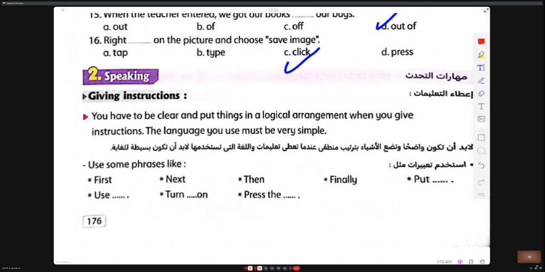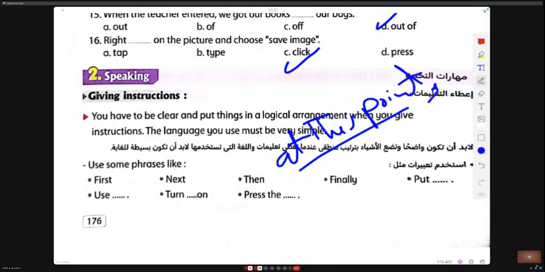You have to be clear and put things in a logical arrangement, chronological order. That means to give instructions: first, next, then, finally, or sometimes after that, at this point, comma, before finally.